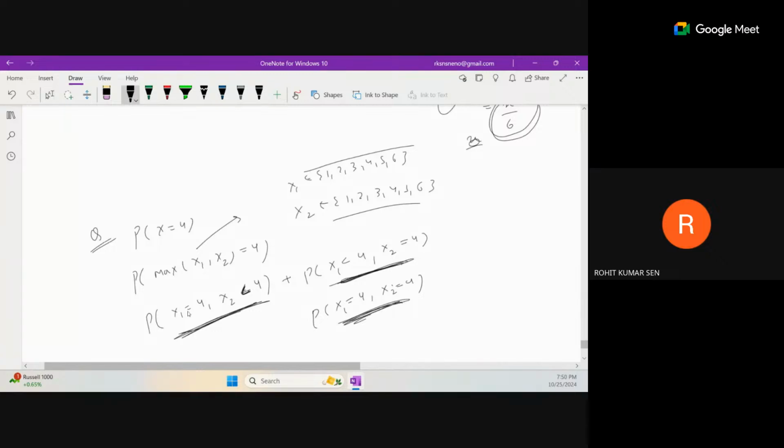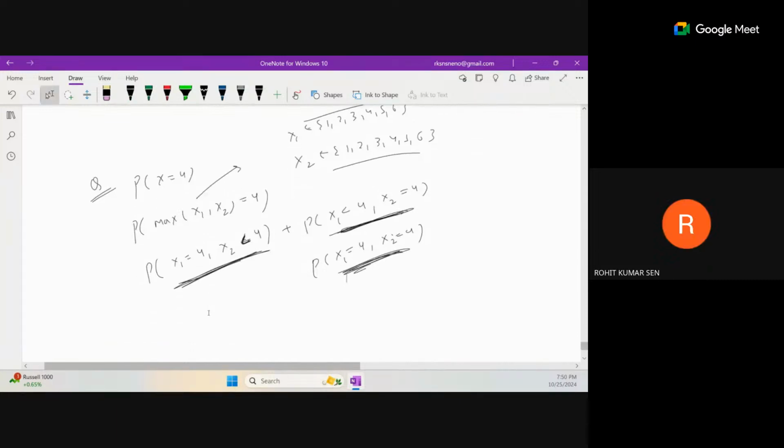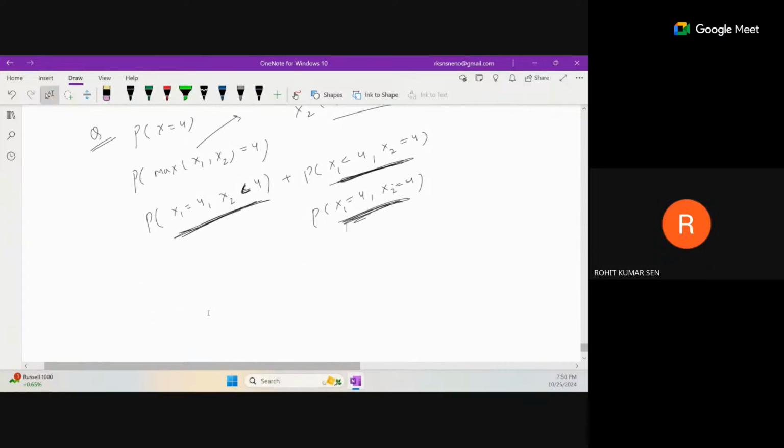See here, x1 is equal to 4, my x2 can be 1, 2, 3 only. If you take the max, it is going to be 4. Here also my x1 is lesser than 4, x2 is 4, the max value is going to be 4. Here also x1 is 4, x2 is 4, the max value is going to be 4. So up to here everything is clear? Yes, sir. Okay. Now I have already told you that x1 and x2 are